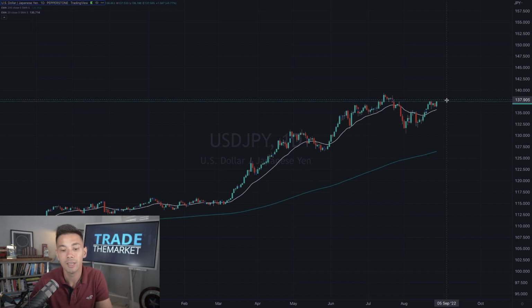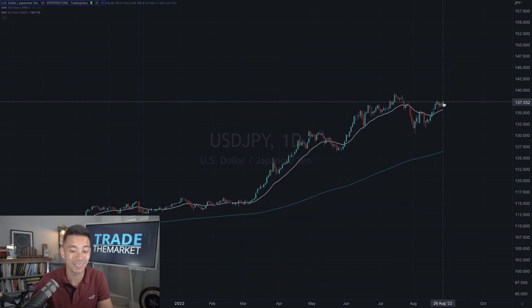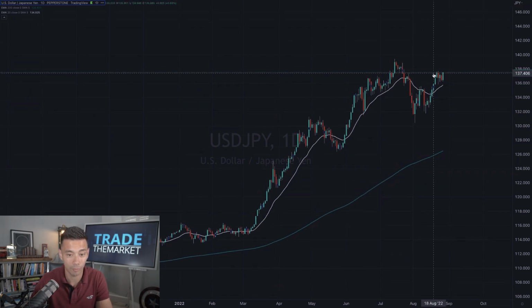But this one here, dollar yen, again, fundamentally, this is actually a pretty good trade as well. If we can get a break through these highs here, 137.71 could then take us in there, and we could probably get out almost at the highs. So it doesn't look like we've got a long way to go for the highs, but it should give us roughly enough room to get in and out there for a one-to-one reward to risk trade.